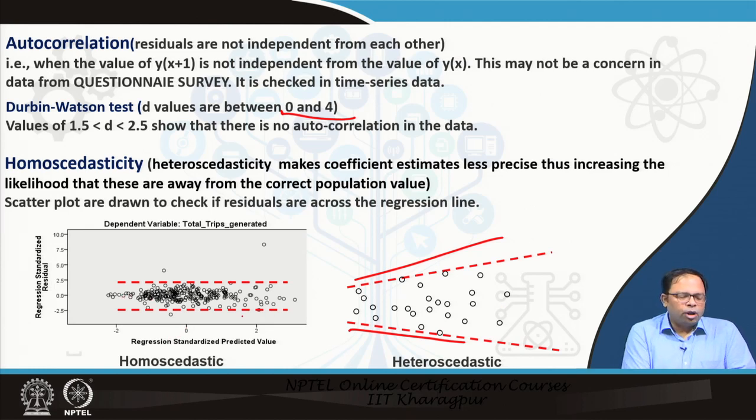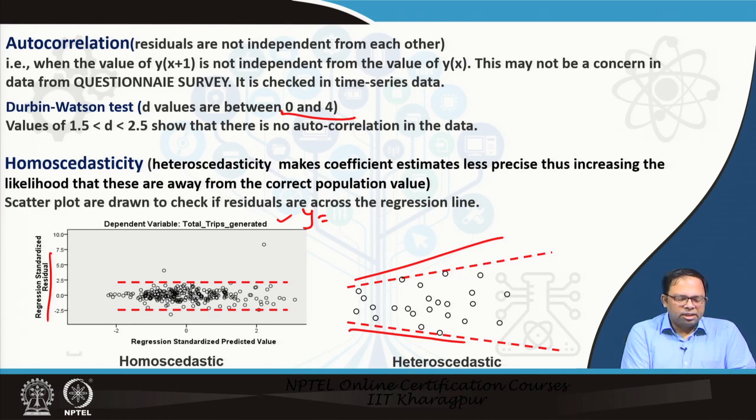What we do is we plot the residuals after our regression. We plot the residuals with the dependent variable, which is maybe total trips generated. We will show you in an example. We have done that. So, this is y, this is being predicted, and this is the residual of the predictions using the regression equations that we have found.